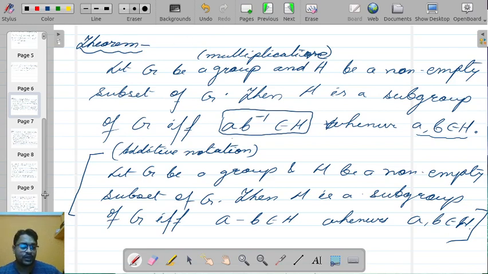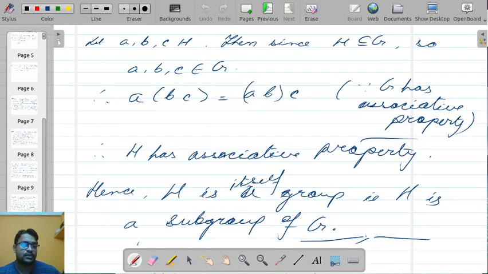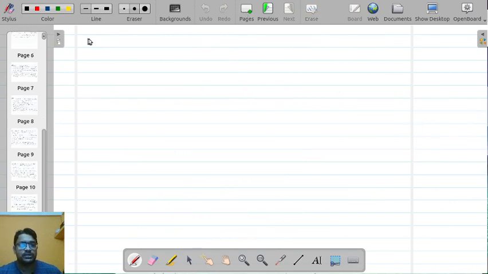Now if you want to do it in additive notation, let us do that, the proof in additive notation. In the exam you have to do it only in one way. If it comes in additive notation, you do it in additive notation. If it comes in multiplicative notation, you do it that way. If it comes as something like A star B inverse, you do it the same way, just take care of the symbol for the operation. So in additive notation, let us try to prove.